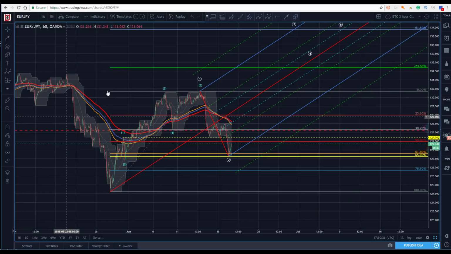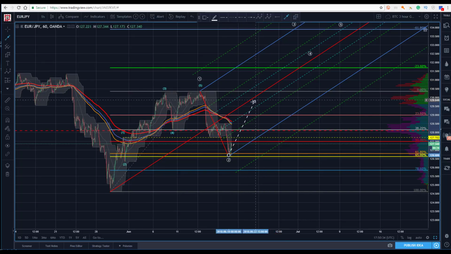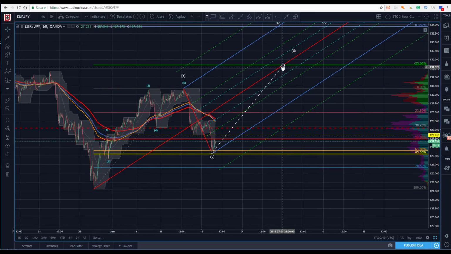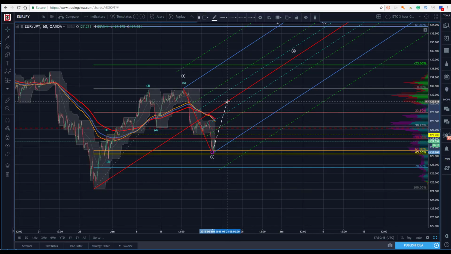Moving back out, what do I have here? I have a potential golden corner pocket, meaning that the probability, if that low holds, of getting to this median line, we don't know when we get there. We get there here, here, here. You've got 80%. That's the best odds in trading right there. 80% probability. Where else in the market do you get that? Well, that's a rhetorical question, because the answer is nowhere.